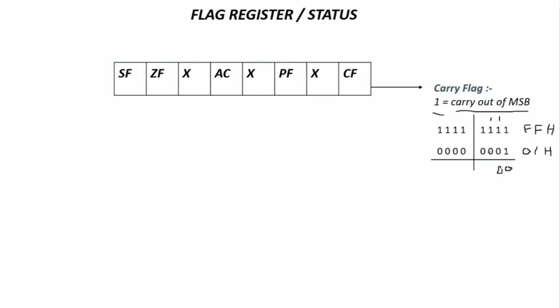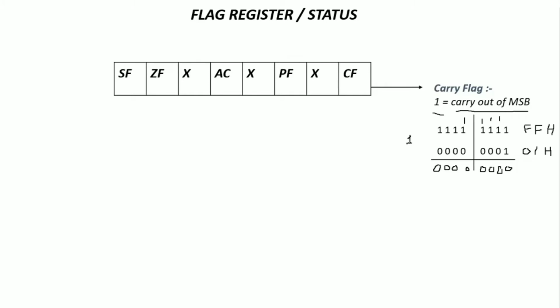Similar thing will happen here also. Here again we will get 1 0, so 1 will be the carry here. And again the same thing will happen here, so again a 0 will be here and again a carry of 1 here. The same thing will be repeated up till here. So we will get 0 here also, here also, here also, and we will get another carry here which will be 1.